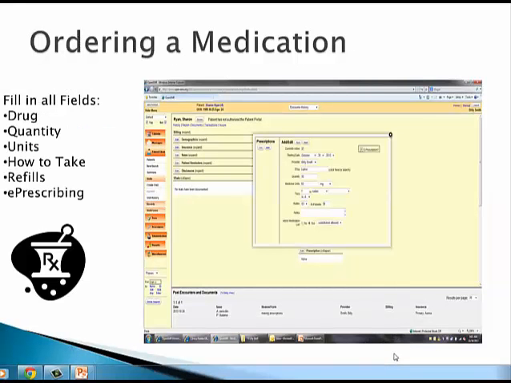So once again, we're going to be doing an order. This time we're going to be ordering a medication, and to highlight, we clicked on the edit tab in the prescription field, and the prescription order popped up, and we're going to fill in all the fields, the actual drug that we're ordering. In this case it's Lipitor, the provider's name defaulted in, the date defaulted in, the quantity, the dose, and how to take it, and we will also put in the number of refills, and we will also check whether or not we want to e-prescribe,